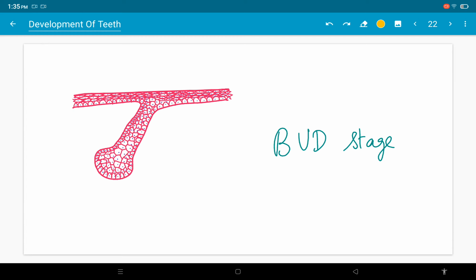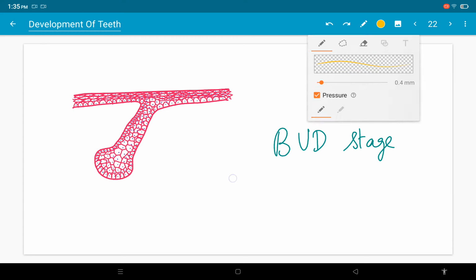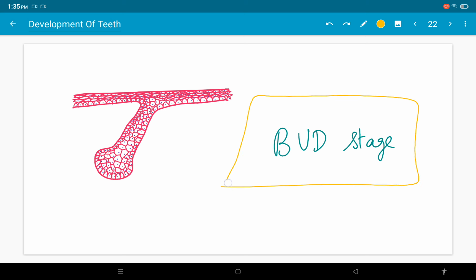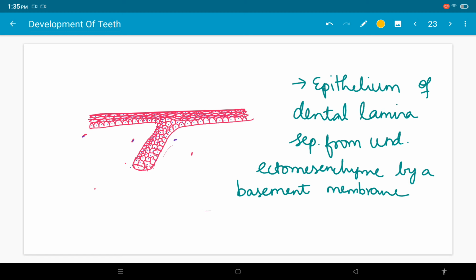In this video, we will see about the bud stage, the first stage of tooth development depending on the shape of the enamel organ. So the epithelium of the dental lamina, to know what a dental lamina is, refer to our previous video. The epithelium of the dental lamina is separated from the underlying ectomesenchyme by a basement membrane. So this is the ectomesenchyme, and the underlying ectomesenchyme is separated from the dental lamina by this